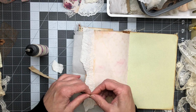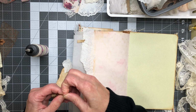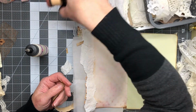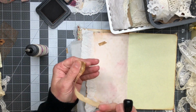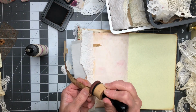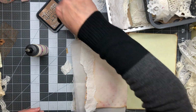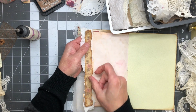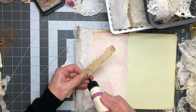And I think what I'm gonna do is go ahead and give my bottom, these a tear. This one is inked, so I am going to ink it. I'm going to get this one inked on this side. So did I already ink it? Okay, I did. But I already inked it, so I'm gonna go ahead and ink these ends. The white one that we just put down, I'm not inking it. I'm gonna let whoever gets this journal, if they want to ink, they sure probably can get in there and do it. So I know the whole part from right there up is gonna be on the paper, so I'm just gonna